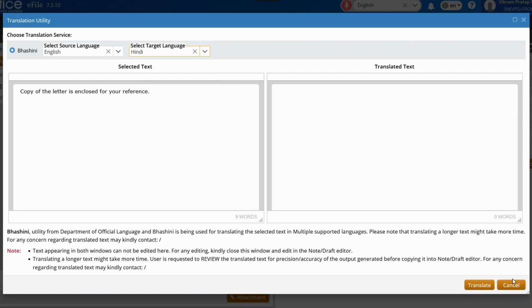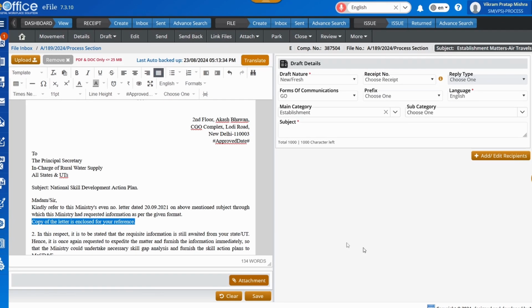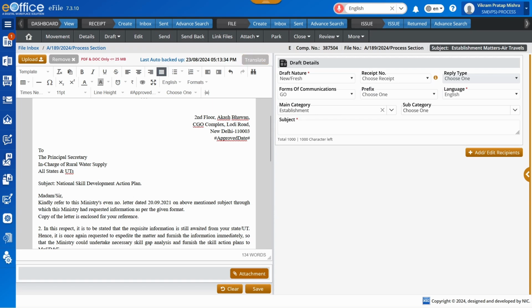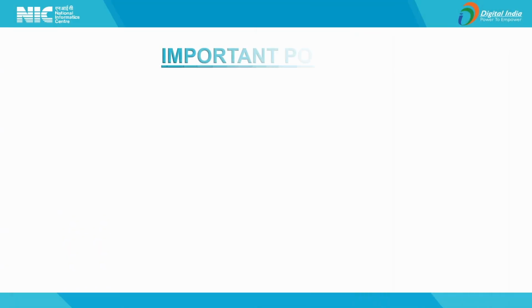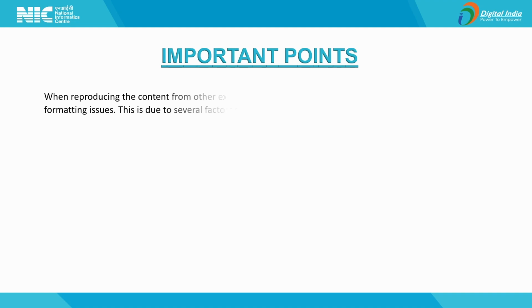In case you are more comfortable in preparing content in other word processors, such as Microsoft Word, you can always copy the content from other editors and paste it into this online editor. An important pointer here is that reproducing content from external editors into the application's online editor may cause potential formatting issues.